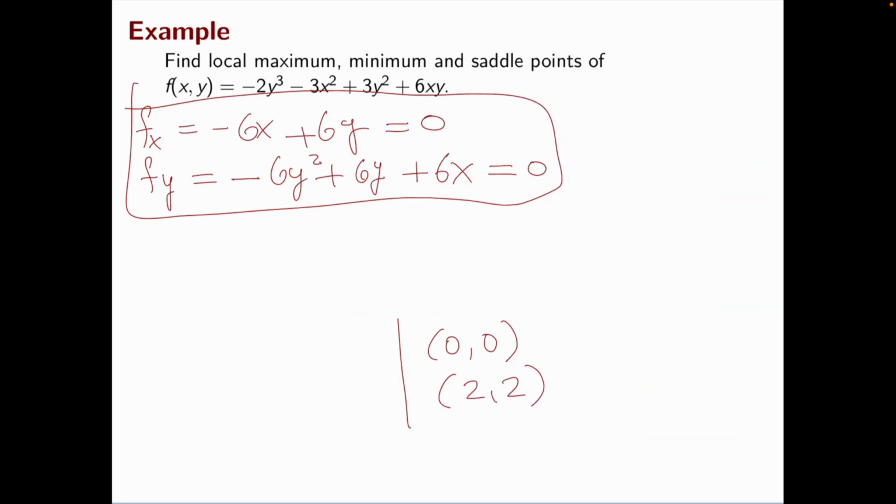So then, in order to calculate the Hessian, we need the second derivatives of these functions. Okay, so the second derivative f_xx is going to be the derivative of this with respect to x again, which is just minus 6. And f_yy is going to be the derivative of this with respect to y again, so this is going to be minus